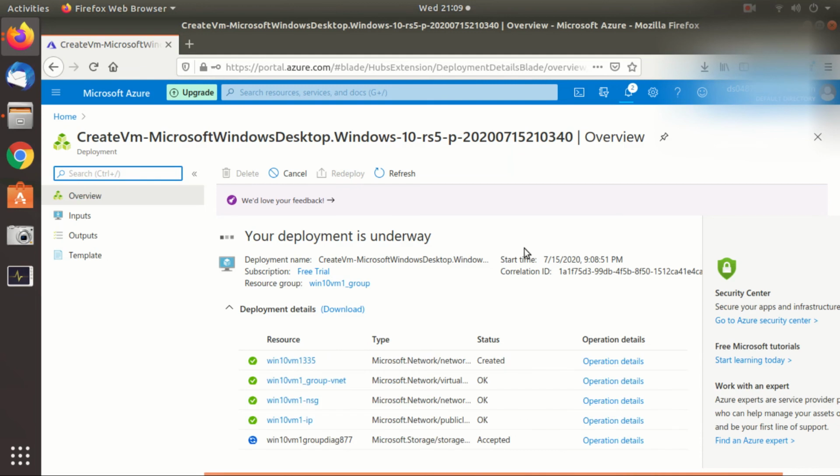So deployment is done. Sorry to hide it, because I have subscription and other details on this page. Let me open Win10 VM1, which is now created and deployed. On this page, I'll just copy the public IP of this VM.